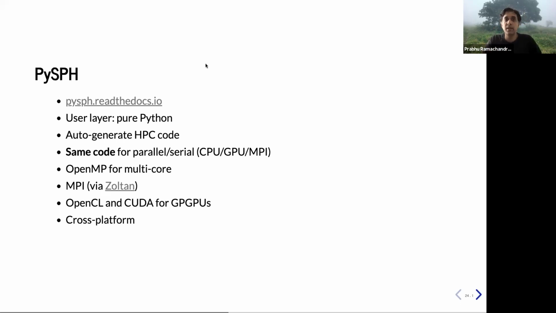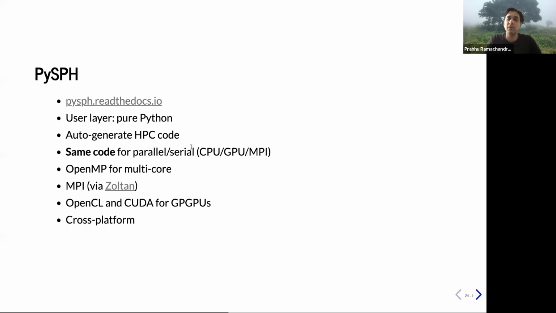This is also an open source package, and you can read the documentation for it online. It's posted on GitHub as is compile. Both of them are posted there. And again, the same idea is used here. Users will write code in pure Python at a very high level, kind of like the code that we showed for the compile example. And from that high level Python, it auto generates high performance code, either C, C++, or something for use on a CUDA enabled or an OpenCL enabled GPU.